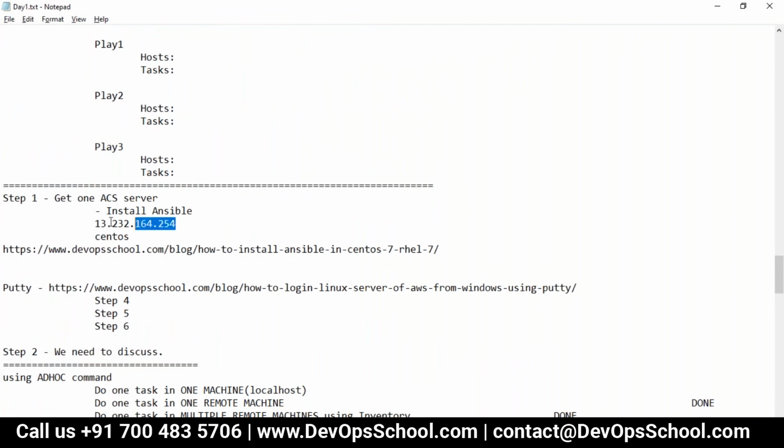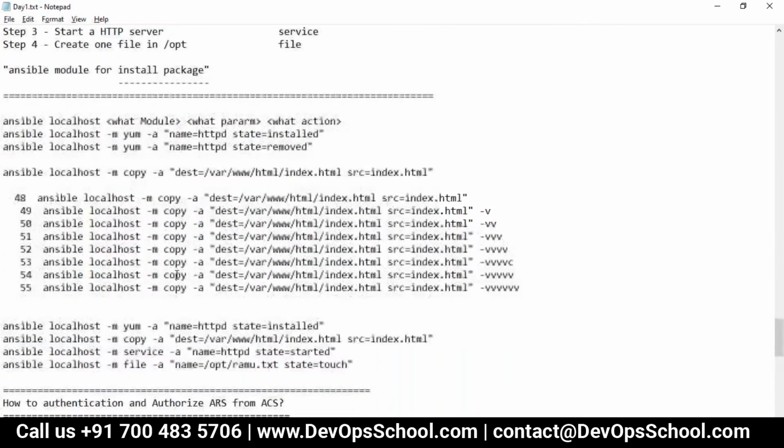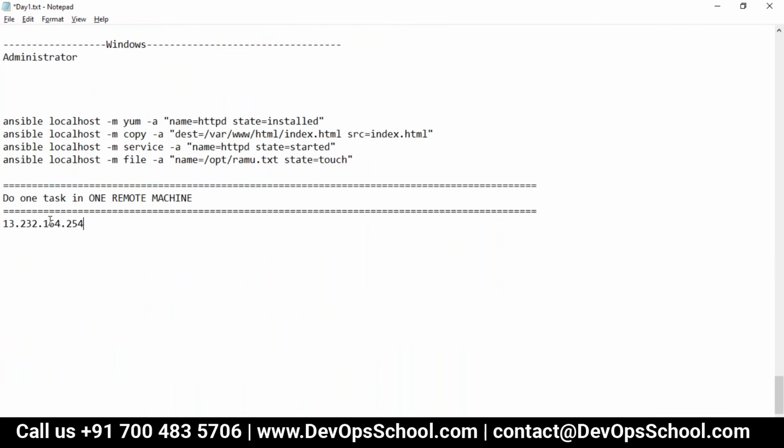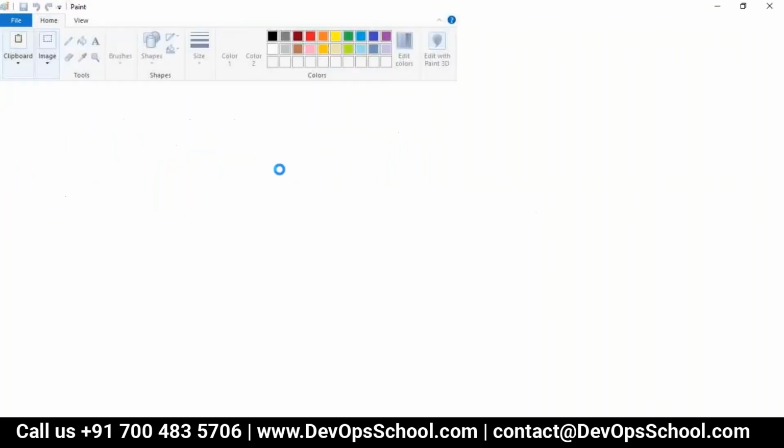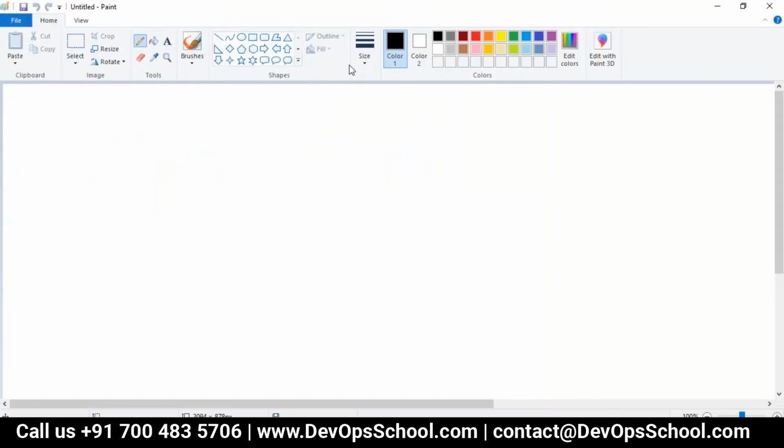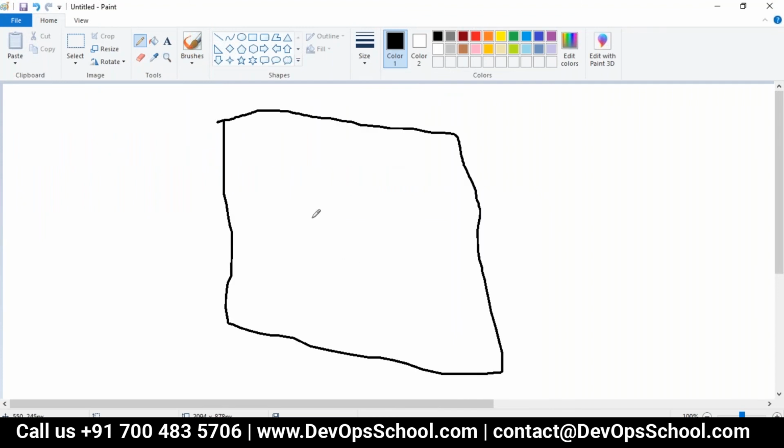Okay, you must be thinking, am I mad? The same machine I'm using for ACS and the same machine I'm talking about as ARS. Actually, yes. See here, what is happening? Simple logic. This is the ACS. Think about it.